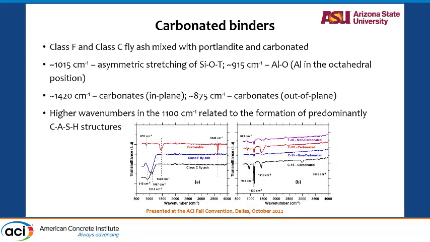When you do carbonate binders, you can see here class C and class F fly ash mixed with portlandite and carbonated. Portlandite has a very high carbonation efficiency, so you can actually get much more carbonation than in cementitious systems, and you get pretty good strength with such binders. So these are pure fly ash or portlandite blends, no cement at all. And you can see the CO3 bonds, the in-plane and out-of-plane carbonate vibrations,